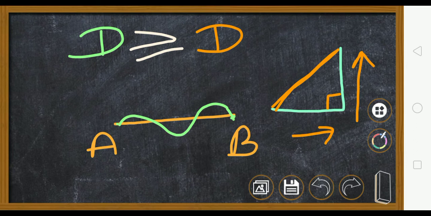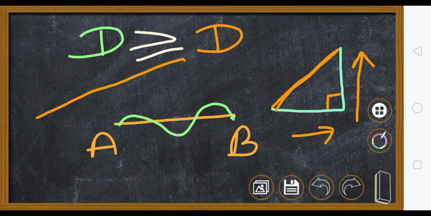Why? How do we calculate displacement? Initial point and final point, wherever they are. Here the initial point, anywhere it may be, and the final point. You should just be able to draw a straight line between the two. That is your displacement. So this is how you can calculate your displacement vector.